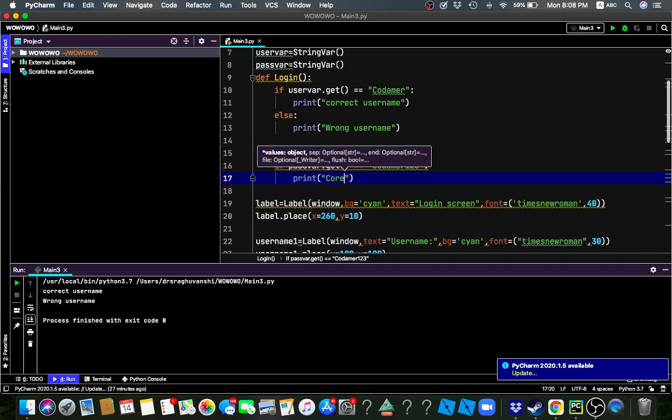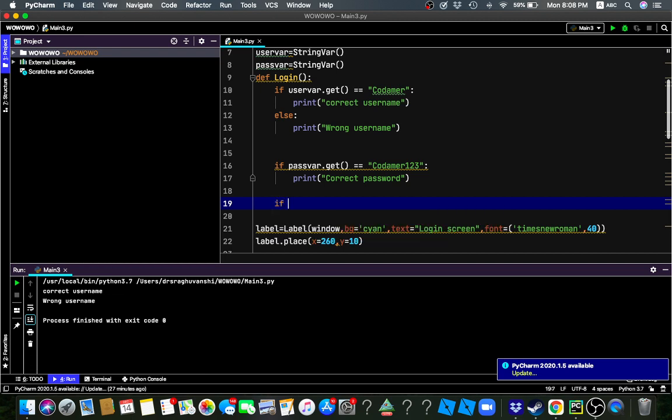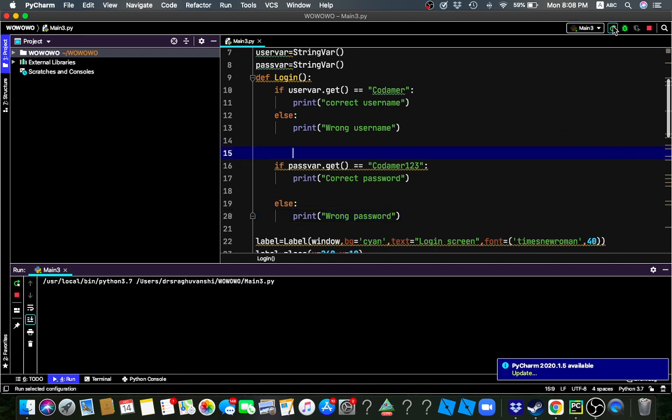So correct password, and else print wrong password. So let's see,